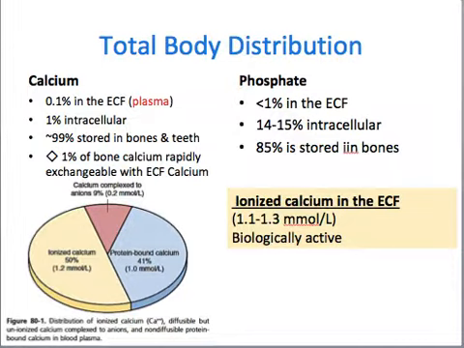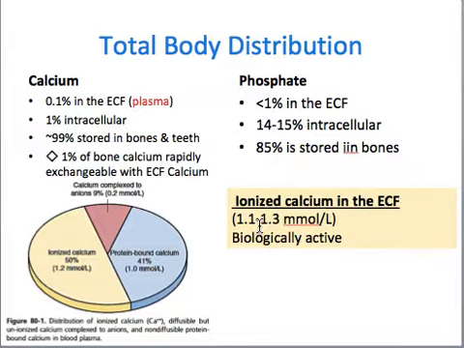So your calcium majority will be in your bones and in your teeth. A small amount will be intracellular, about 1%, and a very, very small amount will be in your extracellular fluid in your plasma. And the biologically active form of your calcium is your ionized calcium in the ECF. And this one is the one that controls our body